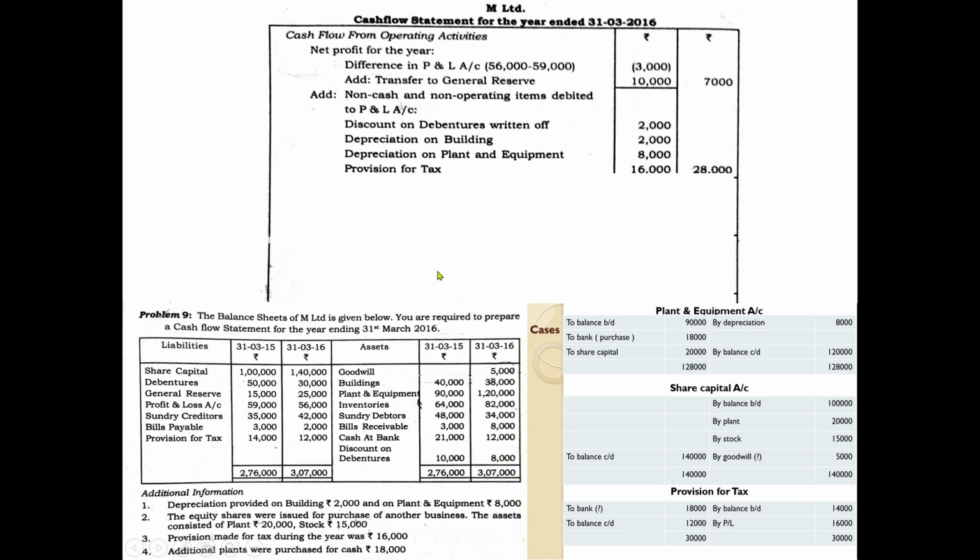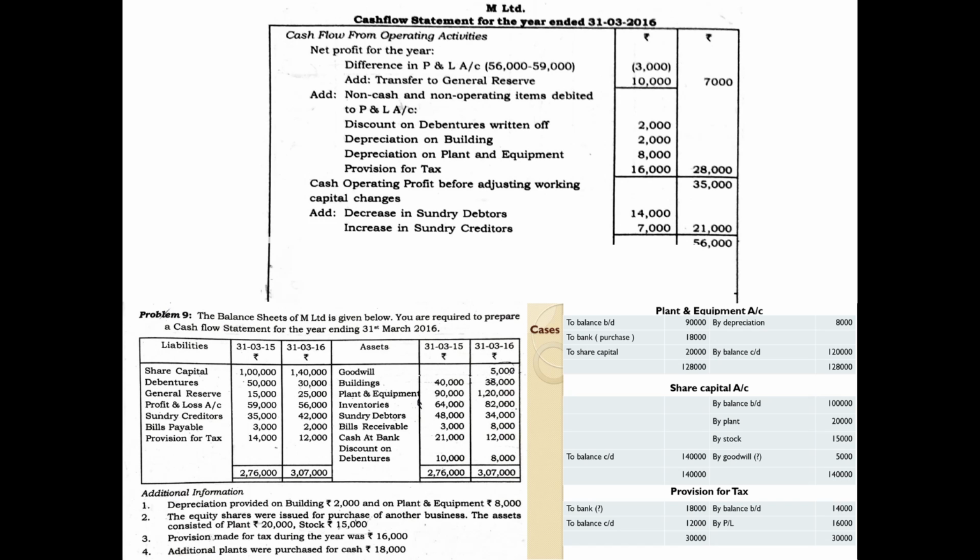Next one, provision for tax. In the account it is 18,000 and 16,000, so definitely 16,000 has to be taken. By adjusting that, you will get the cash operating profit during the year of 35,000 before working capital change. Now you need to adjust various working capital items, such as decrease in sundry debtors, which has to be added back,